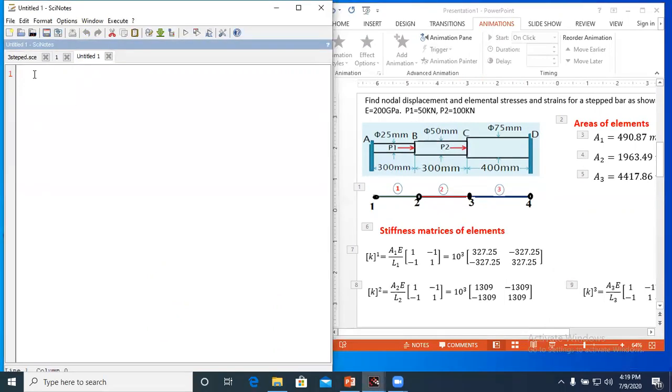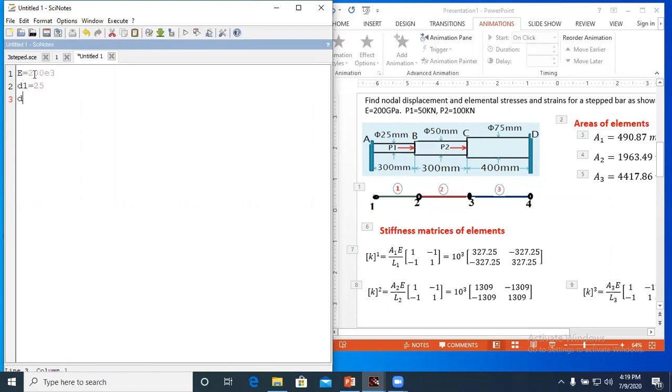First, the modulus of elasticity E is equal to 200 GPa. Sorry, it is not necessary to write GPa. Here we have to convert that into Newton per millimeter square, so you multiply by 10 raised to 3. Next diameter d1 is equal to 25.